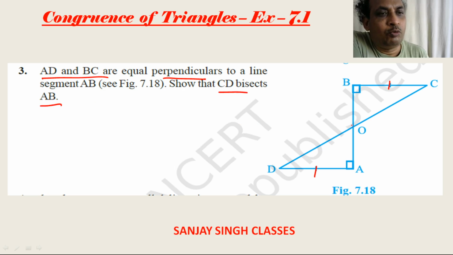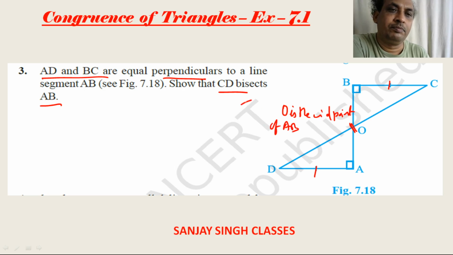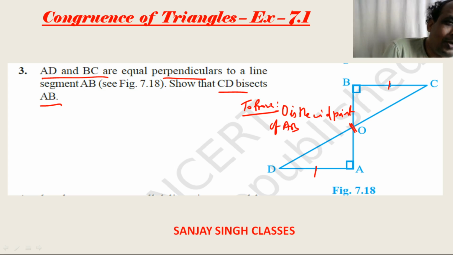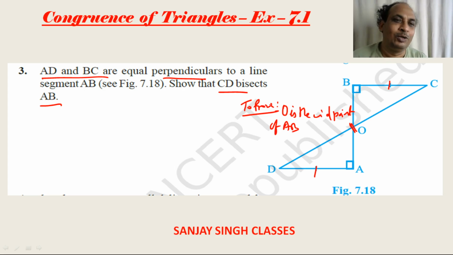It means we need to prove that O is the midpoint of AB. Whether it is the midpoint of CD or not, actually we need to prove that O is the midpoint